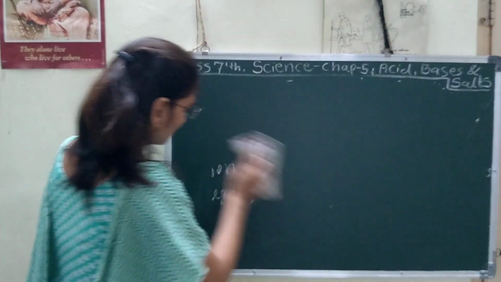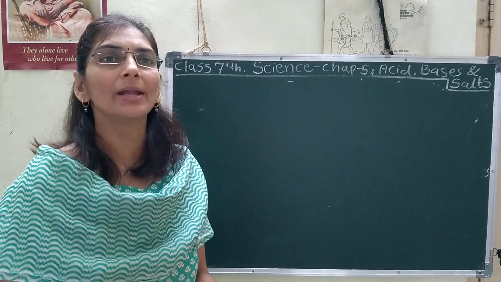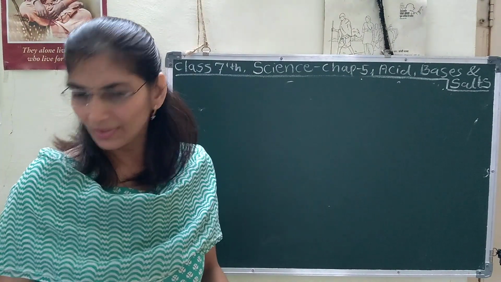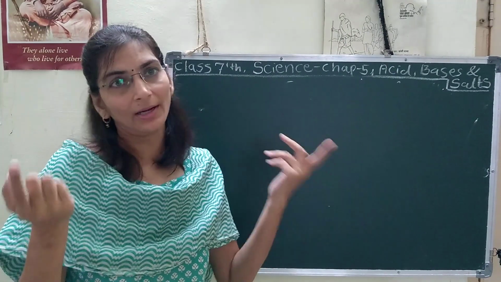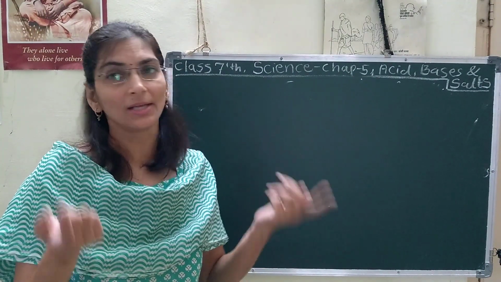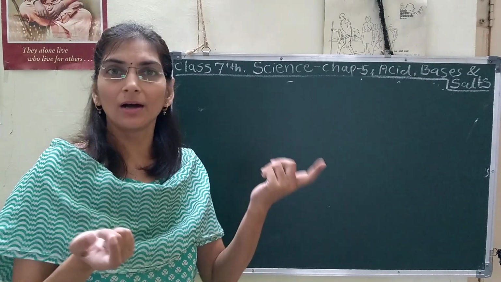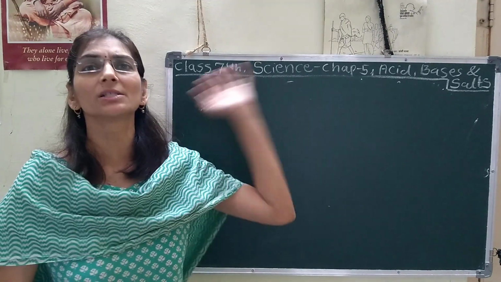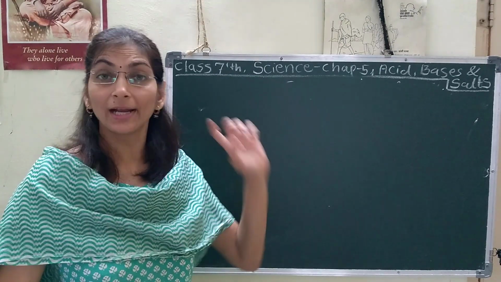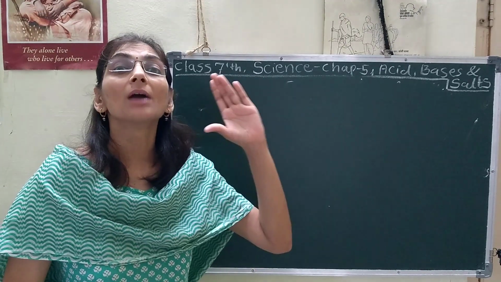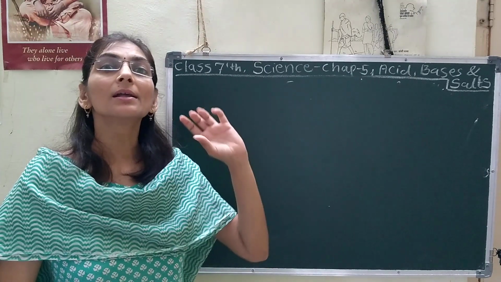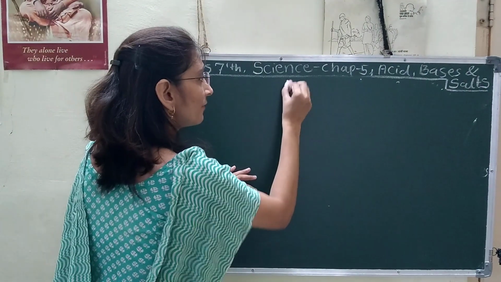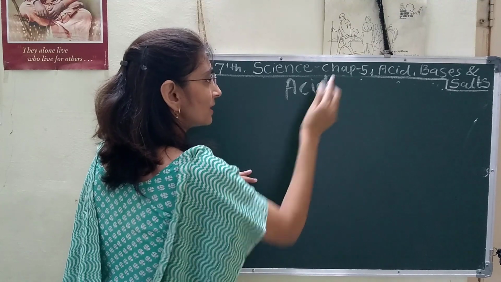We have just seen many examples of acids. In our daily life we can see tamarind, which is also an acid. Vinegar, which we use, is also an acid. Milk and curd contain lactic acid. Tomato contains oxalic acid. And all citrus fruits like lemon and oranges are acidic in nature. These are natural acids. So first we will discuss acids and their properties.